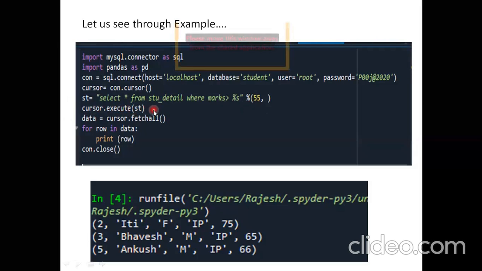So I've executed the query, and now I want to fetch all the data. Now the cursor has all the details inside it, so I just want to fetch the data. I have many options to fetch the data: fetchall, fetchmany, and fetchone. You can use whatever you want. Here I used fetchall. Now in that case, given the query that has been fed, I only have to fetch the data having marks greater than 55. So when I execute the query, only that output will come. Only those students will come whose marks are greater than 55.